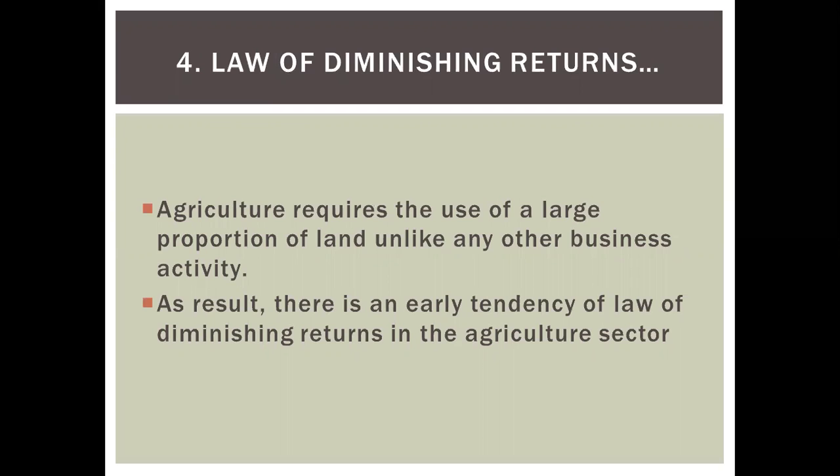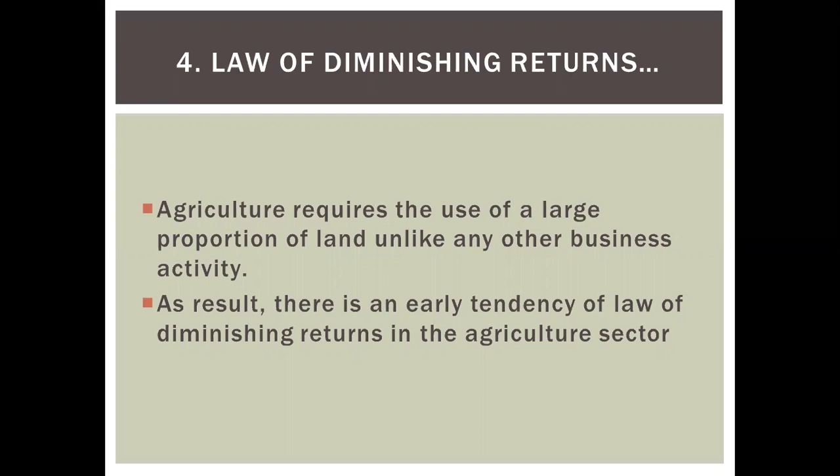If you increase input by 20% and output is raised by more than 20%, it could be termed increasing returns. But diminishing returns happens when your output grows at a rate less than the rate at which the input is growing. So if your input is growing at 20%, but output is growing at less than a 20% rate, that is called diminishing returns. Diminishing returns usually occurs in all sectors after some time, especially in the long run.